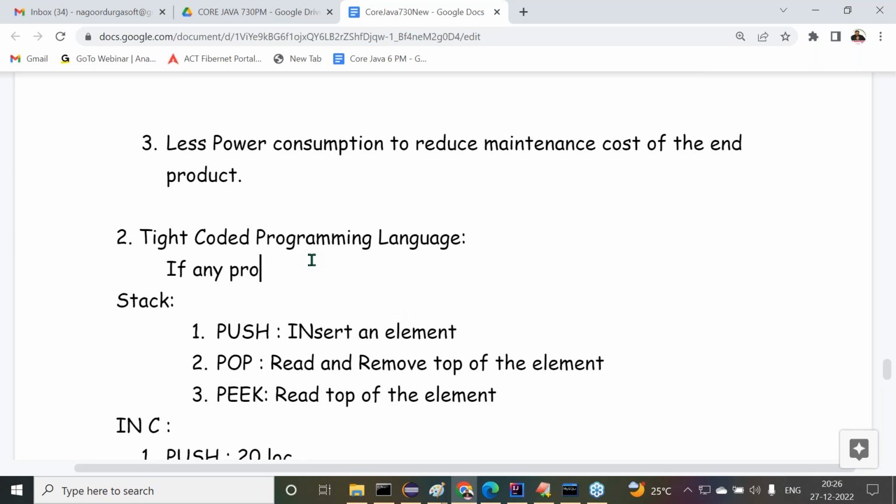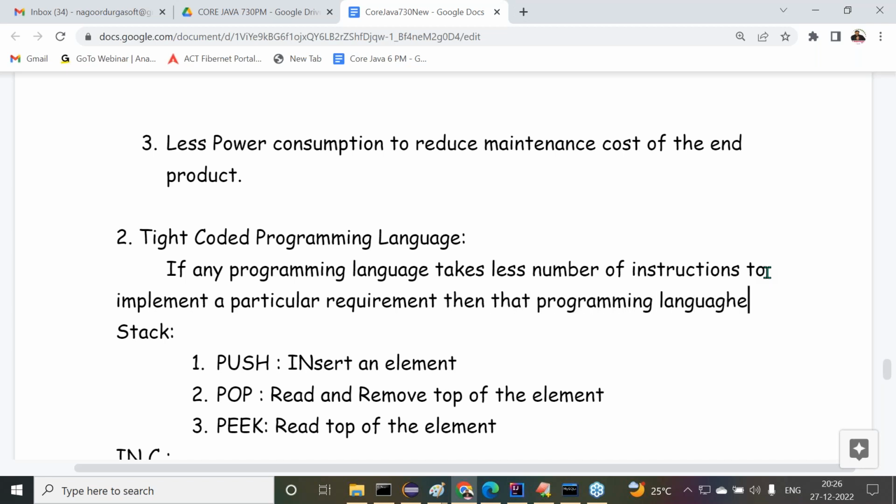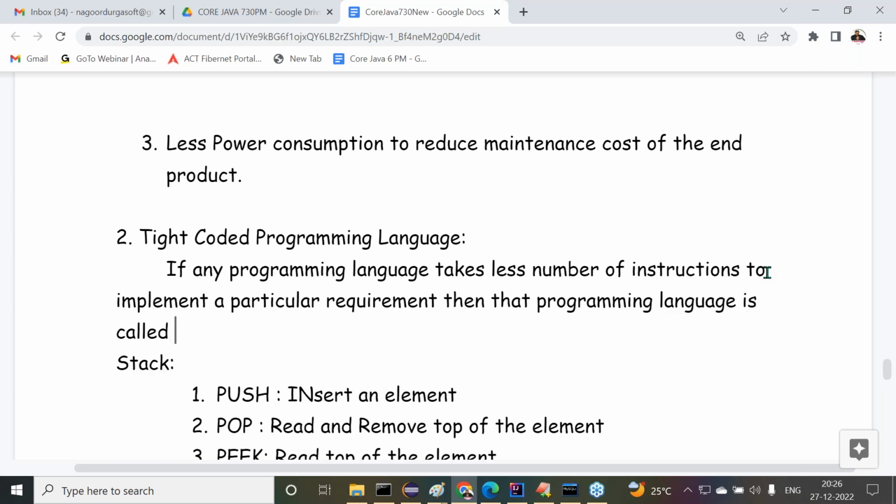If any programming language takes less number of instructions to implement a particular task, a particular requirement, then that programming language is called a tight coded programming language.